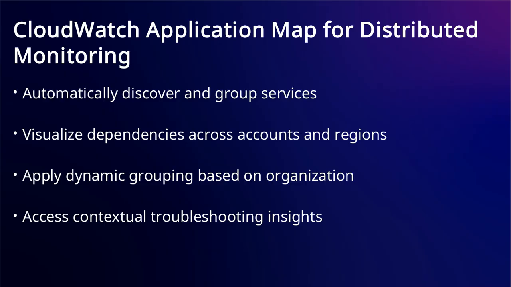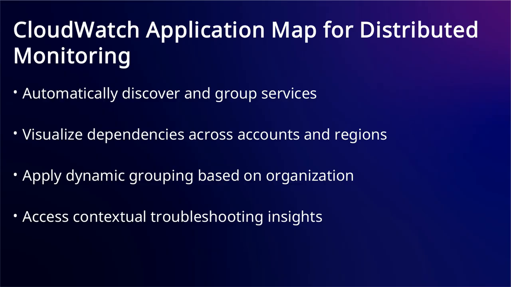Monitoring large-scale distributed applications can be challenging due to complex service relationships and dependencies. CloudWatch's new application map feature addresses this by automatically discovering and organizing services into logical groups. You can visualize dependencies across AWS accounts and regions, apply custom grouping based on your organization structure, and access contextual troubleshooting insights. This helps you identify critical dependencies, accelerate root cause analysis, and reduce mean time to resolution for issues